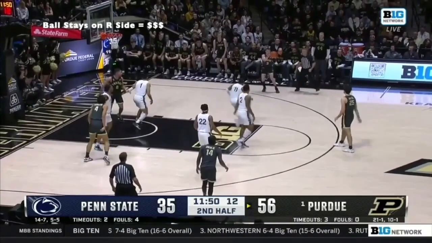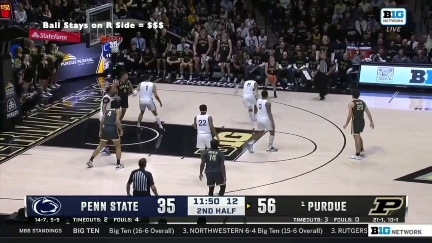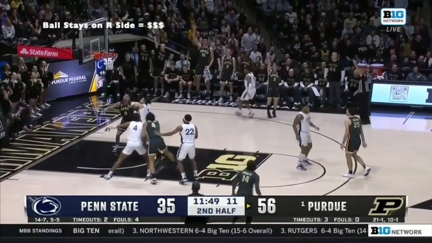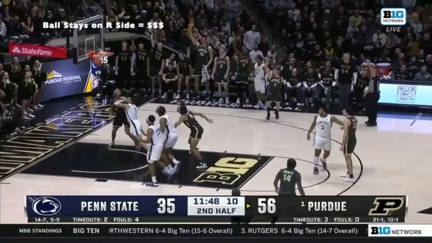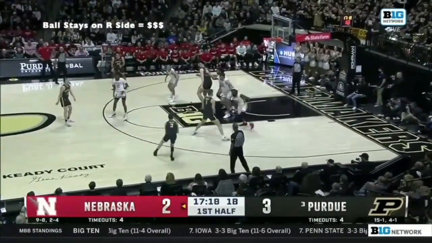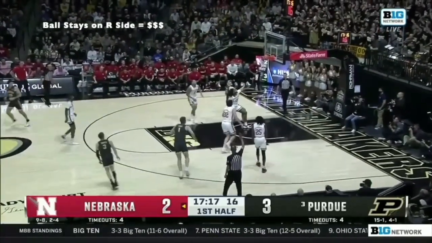And so these first two is just where off the catch, when you get that ball over to the right side of your body, or at least right-ish side, you then tend to shoot the ball straight and then with good power and arc. As you can see, that ball leaves the screen there, which means it has good arc, and then it's in. Here, let's do the same thing. Pass comes from the left, ball gets mostly in the middle of the body, right side, up, back rim, and